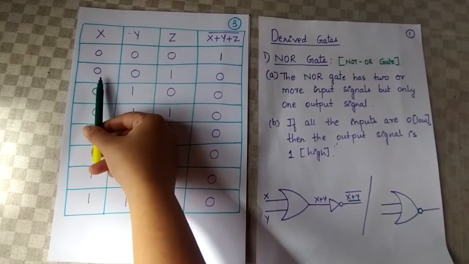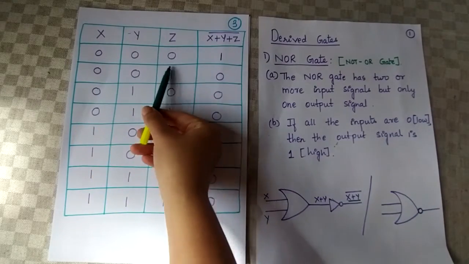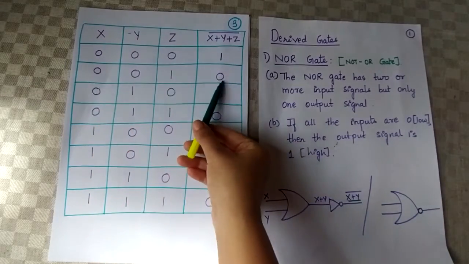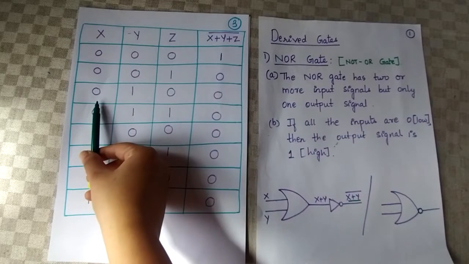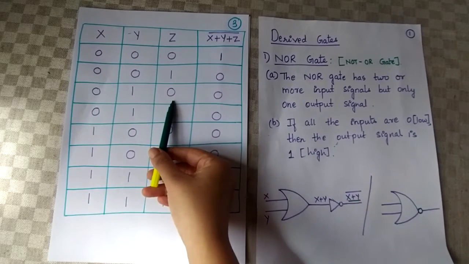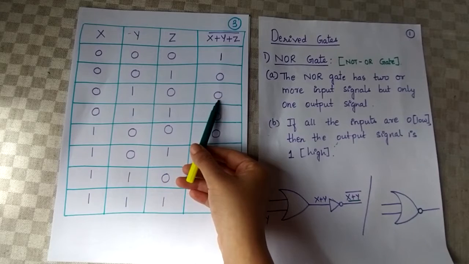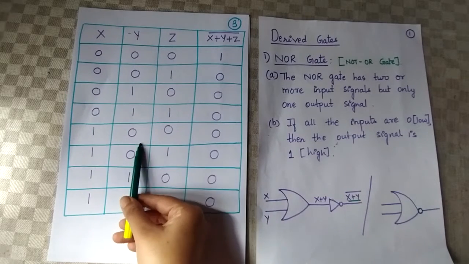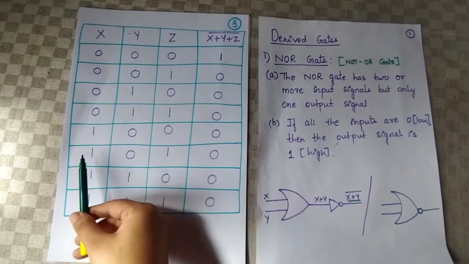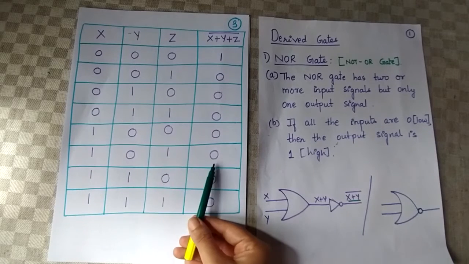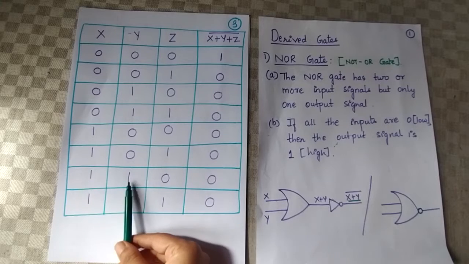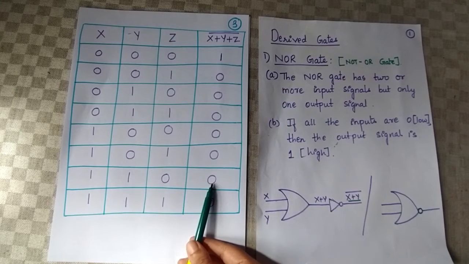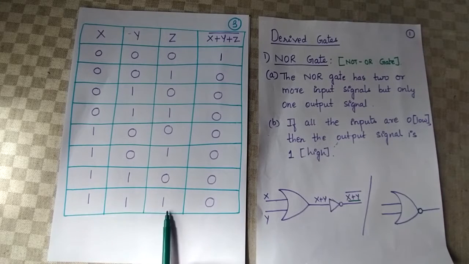As you see here, 0, 0, 1. Not all the inputs are zeros, that is why it is low. Here also you check 0, 1, 0. It is going to result in 0. 0, 1, 1, 0. 1, 0, 0. So again 0. 1, 0, 1. Resultant is 0. 1, 1, 0. Result is 0. 1, 1, 1.